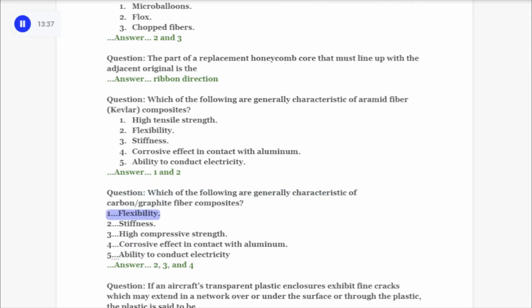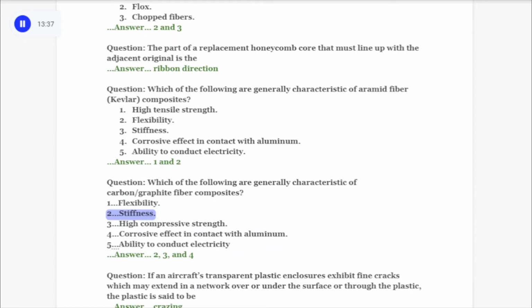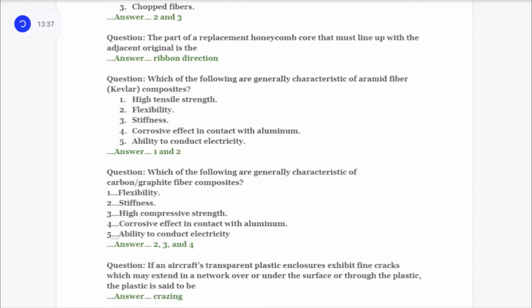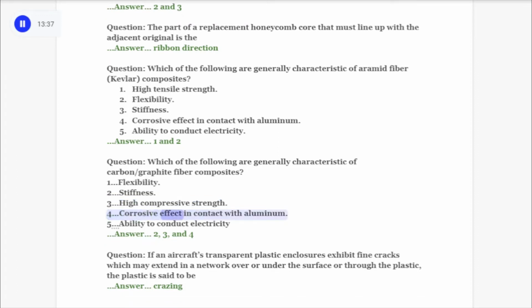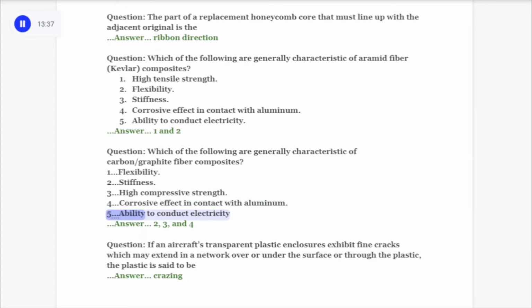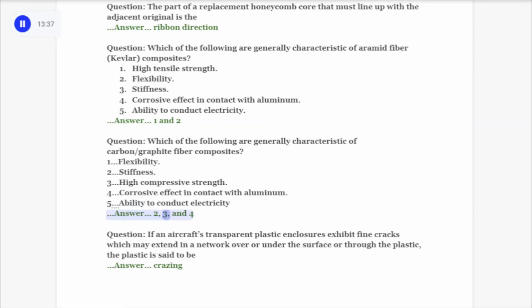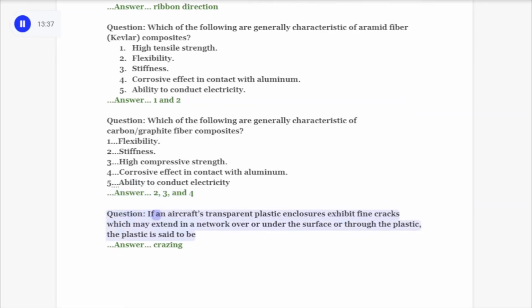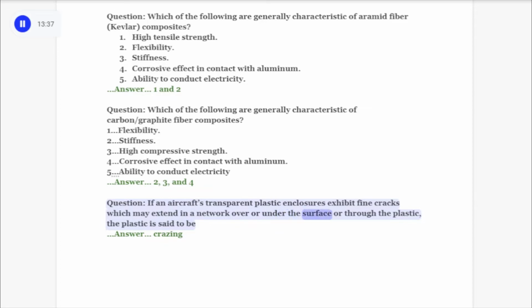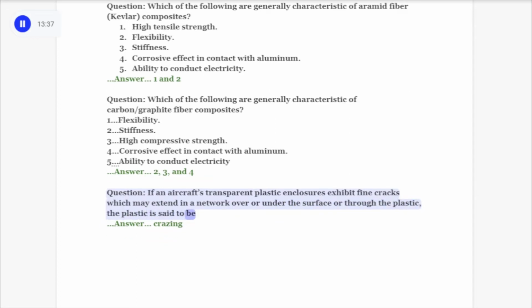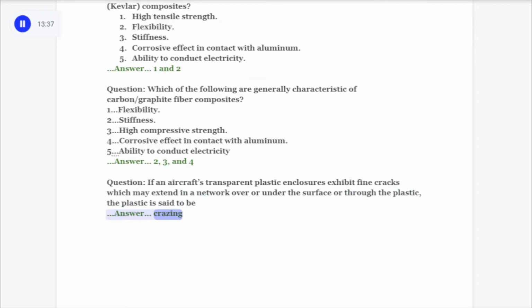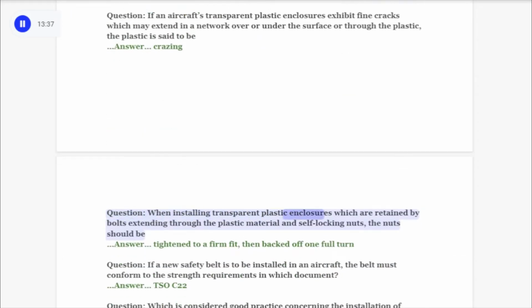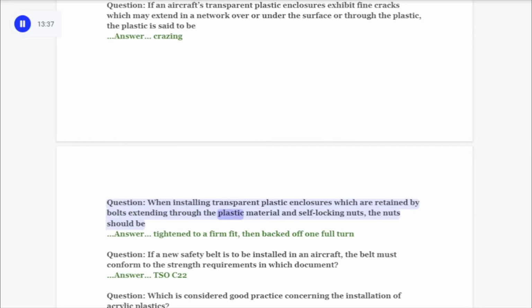1. Flexibility. 2. Stiffness. 3. High compressive strength. 4. Corrosive effect in contact with aluminum. 5. Ability to conduct electricity. Answer: 2, 3, and 4. Question: if an aircraft's transparent plastic enclosures exhibit fine cracks which may extend in a network over or under the surface or through the plastic, it is said to be. Answer: crazing. Question: when installing transparent plastic enclosures which are retained by bolts extending through the plastic material and self-locking